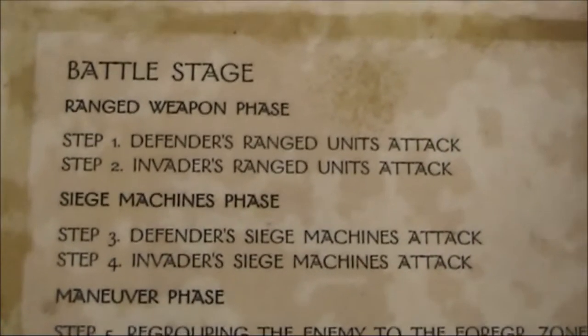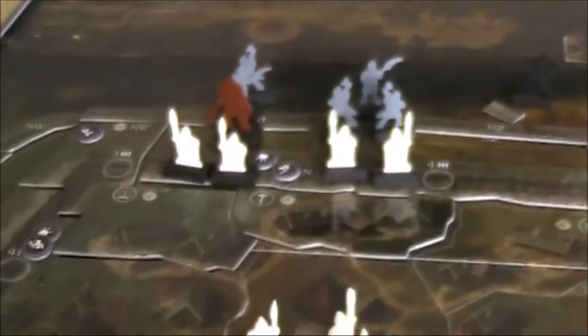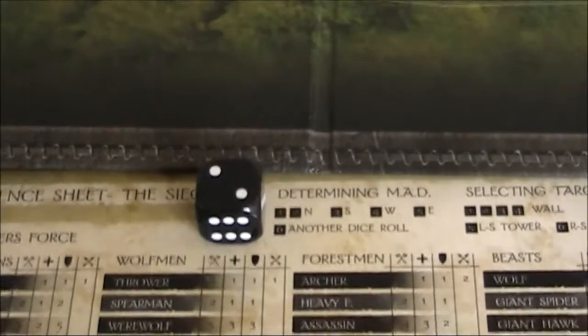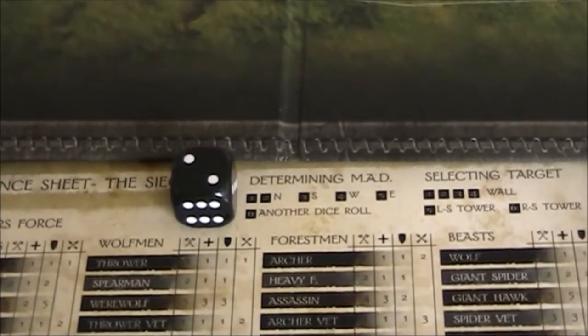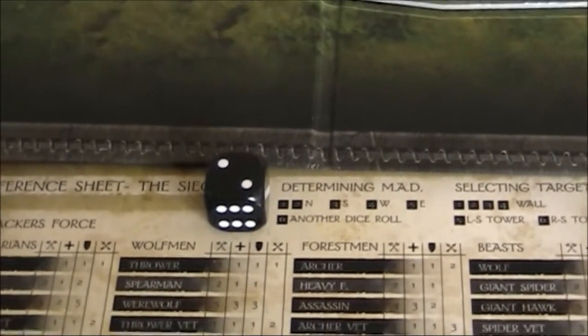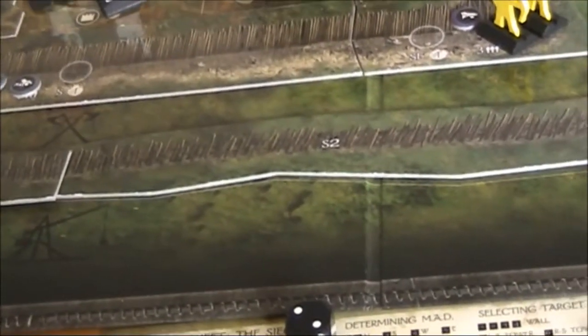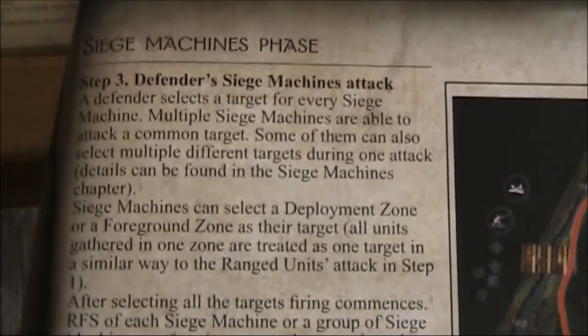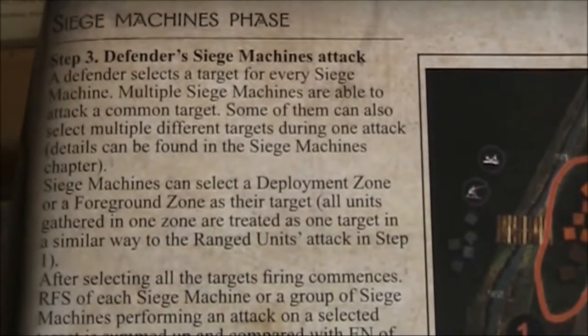now my siege machines. Now we're talking. Catapult 1 is trying to kill the giant. They only have 4 damage. Yes. Normally I roll and then I declare the target, but I don't know if that's right. What do we have in the rules? A defender selects a target for every siege machine and then he rolls. Okay, so